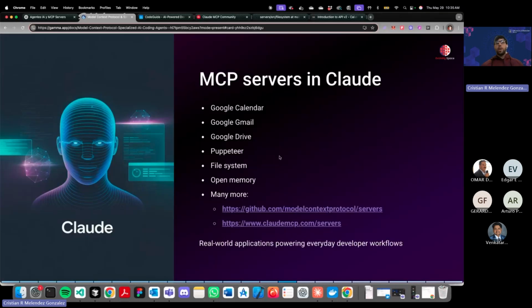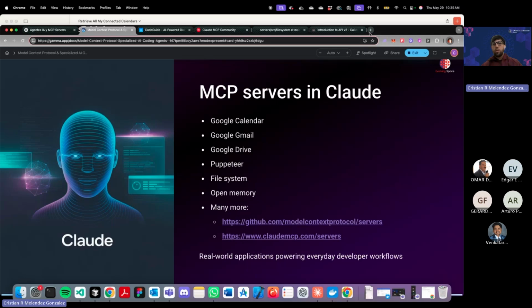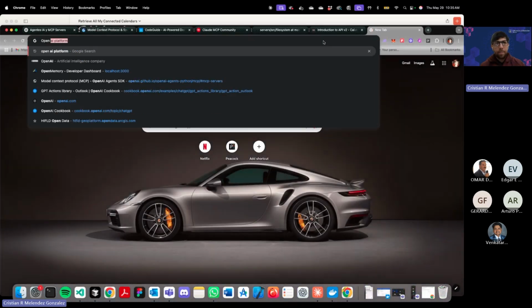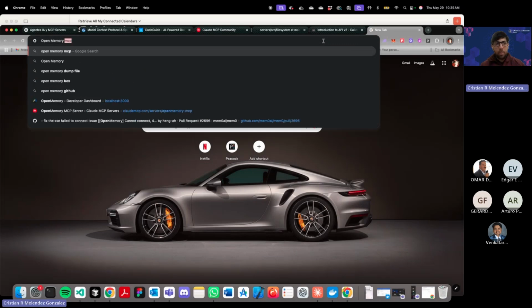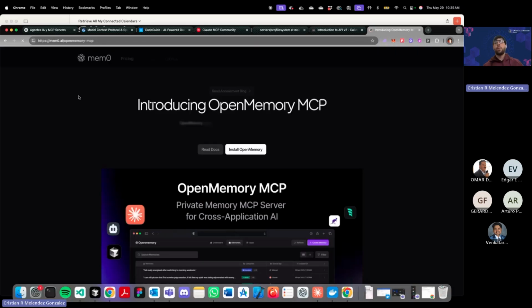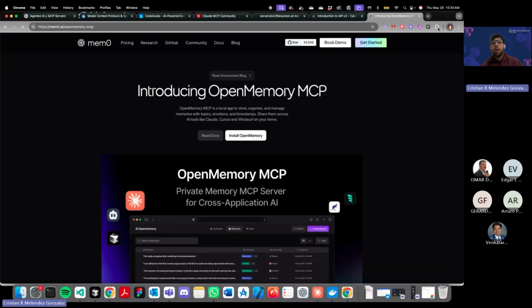One MCP server that I found very interesting is the Open Memory MCP server. I'm gonna look it up just to show you guys how this works because it's pretty amazing. Open Memory MCP. So I tried to install it yesterday. I didn't have the time to configure it completely. But this MCP